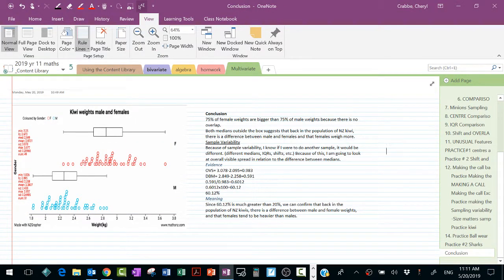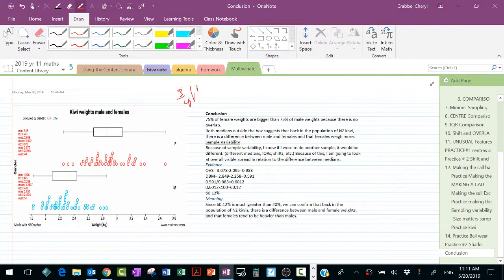Okay, we're just going to talk about the conclusion for our multivariate internal, and we'll just talk about the basics initially, and we'll do the Kiwi data. So I've taken somebody else's sample and basically what they've written, which is fine. So when we make a conclusion, we can make a conclusion based on the 3/4